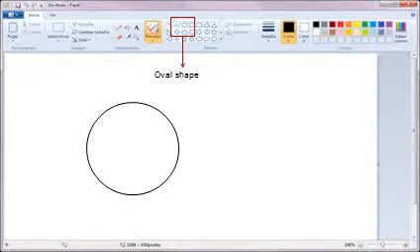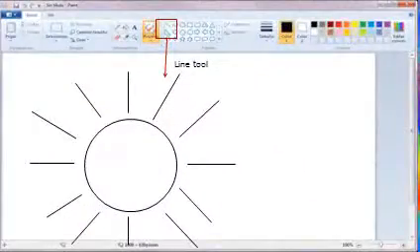Now Paint has opened in front of you. Let me tell you first how you will do your practical in the final term examination. Here we are doing practice of this. So here the first step I have taken is to select the oval shape to draw a sun. Have a look here, my kids. You have to draw like this first. Then I have to make the rays of the sun, for which I select the line tool to draw rays around the sun. Have a look here.